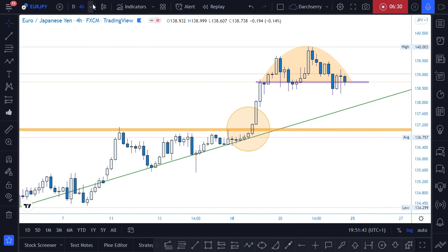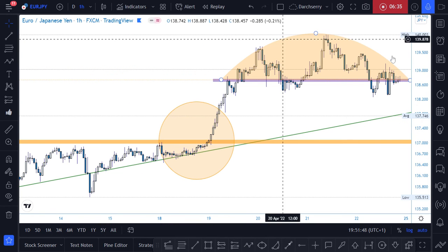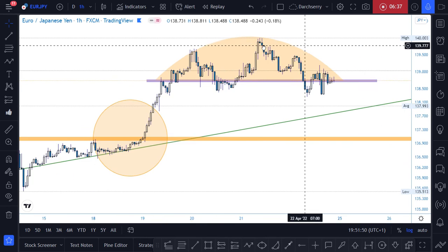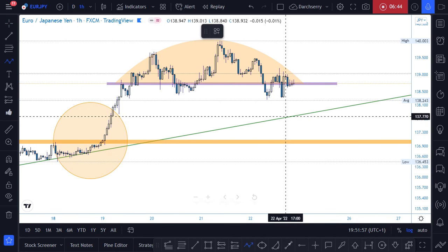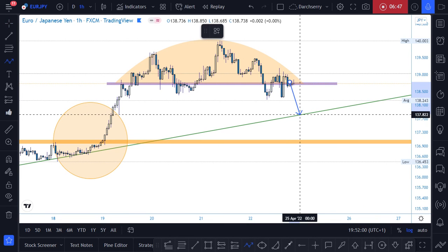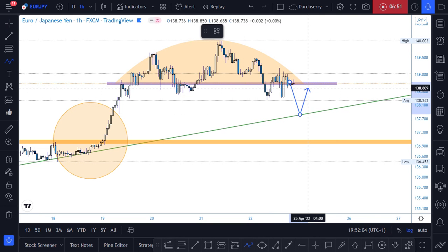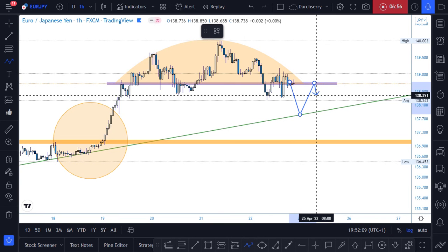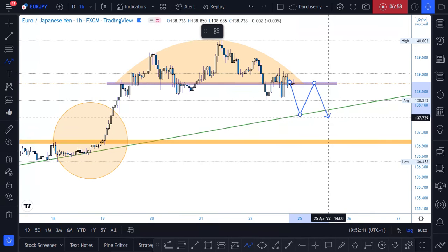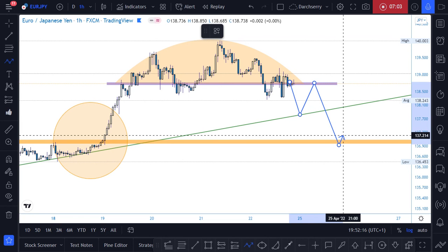So in this regard, if we move down to a much lower time frame, we will see things much clearer. The one thing we want to be looking for is this. It's very possible that we see a decline at the beginning of the new week where price comes into this trend line and gives us the impression that it wants to start moving to the upside, but finds a rejection of the neckline, which might send price crashing below that bullish trend line into a key level,